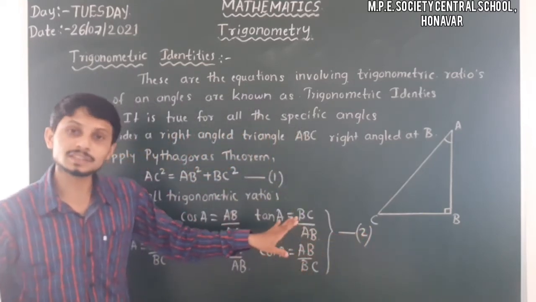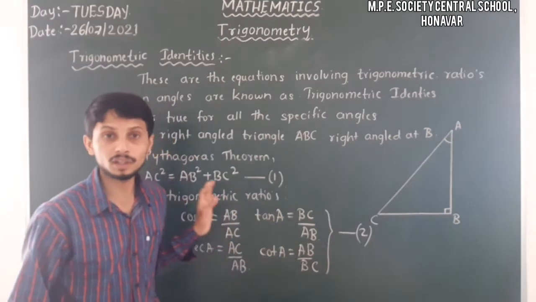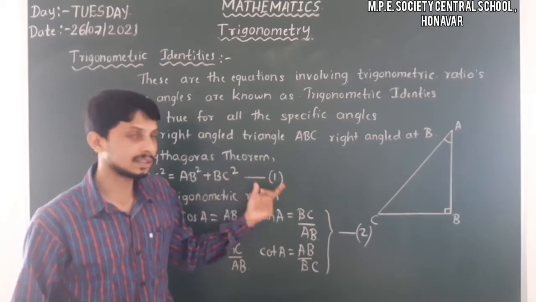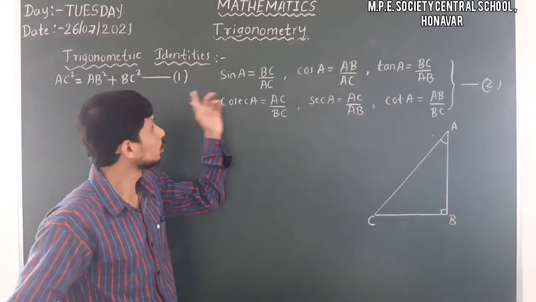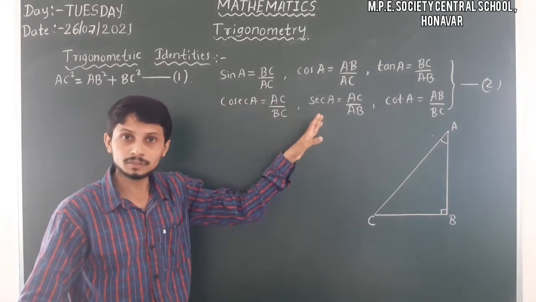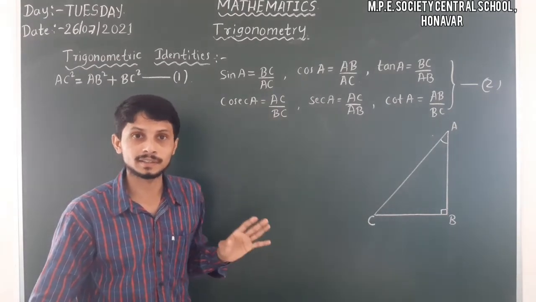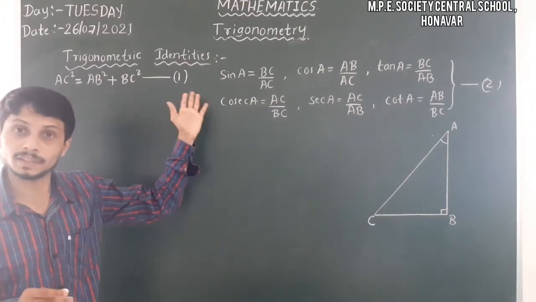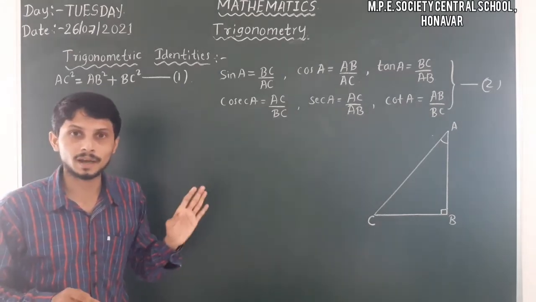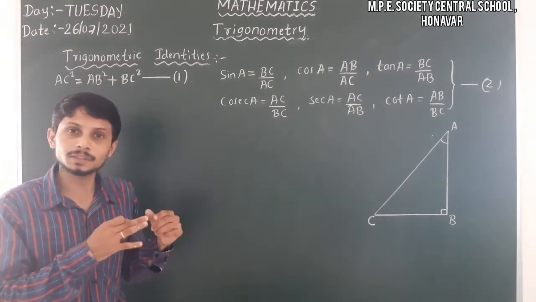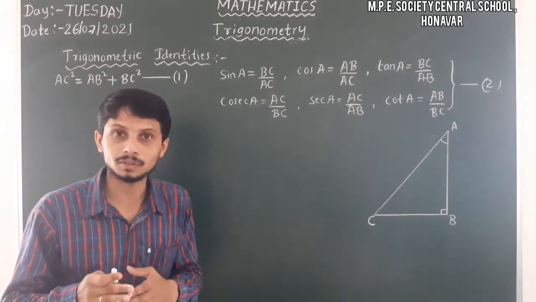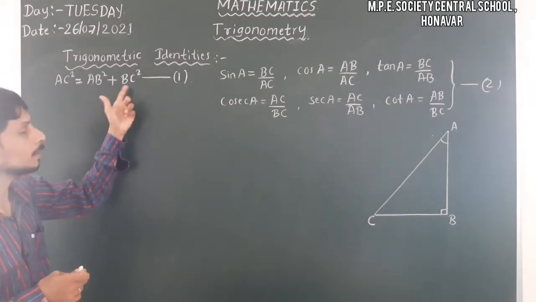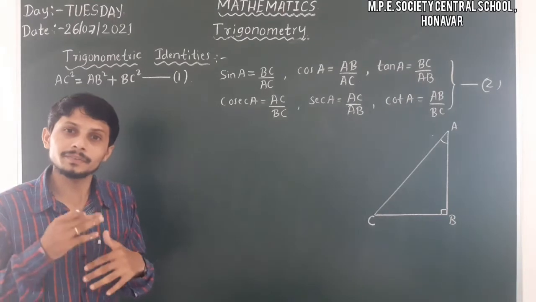So here we got all the trigonometric ratios, and I will consider this as equation number 2. These two equations are very important to find all the trigonometric identities. Using these two equations we have to find the trigonometric identities. One technique is clear here: just observe this Pythagoras theorem. Whatever equation 1 we have, by dividing it with each of the terms in the Pythagoras theorem, we get one identity. There are three terms here: AC square, AB square and BC square.